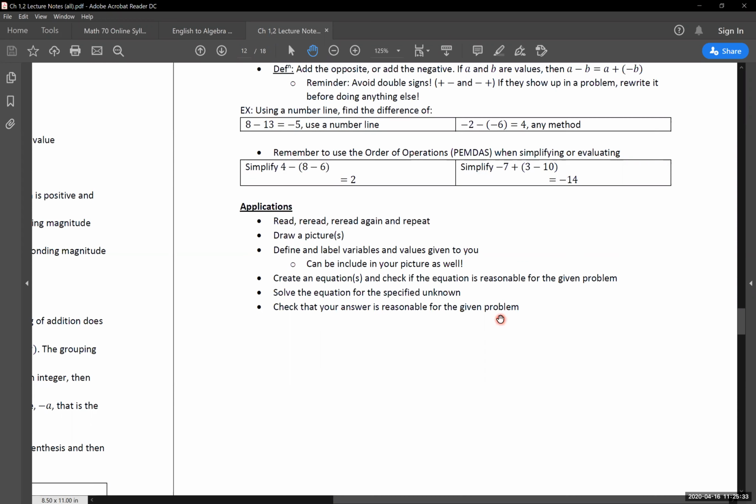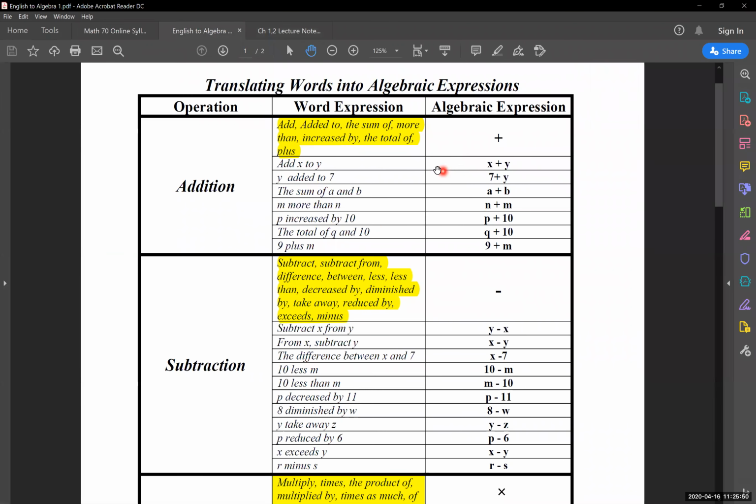Okay? So I want to bring you guys' attention to this as well. A lot of people, and I've already got a few people that are asking about this, are having some problems translating these story problems over into equations. So I'm going to bring us up here to the English to Algebra document. I think this is especially helpful with subtraction because ordering absolutely matters when working with subtraction problems.